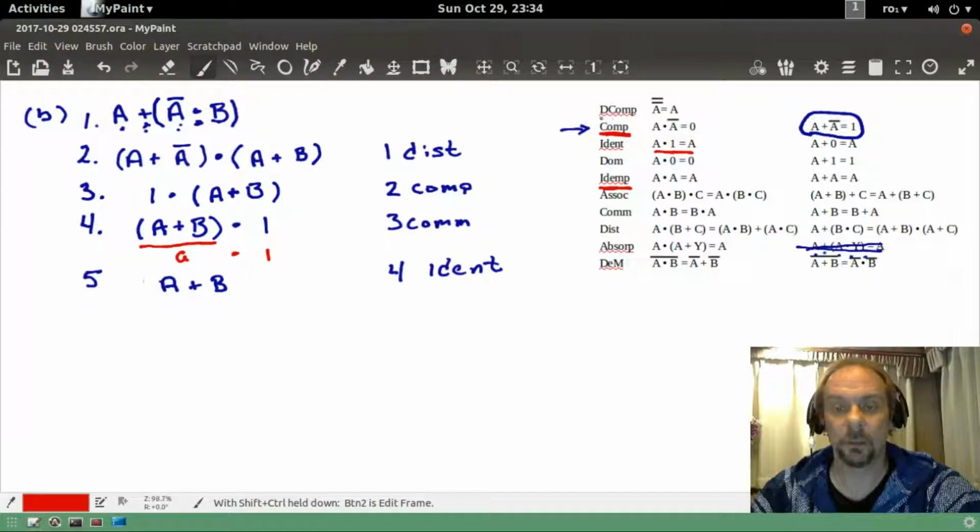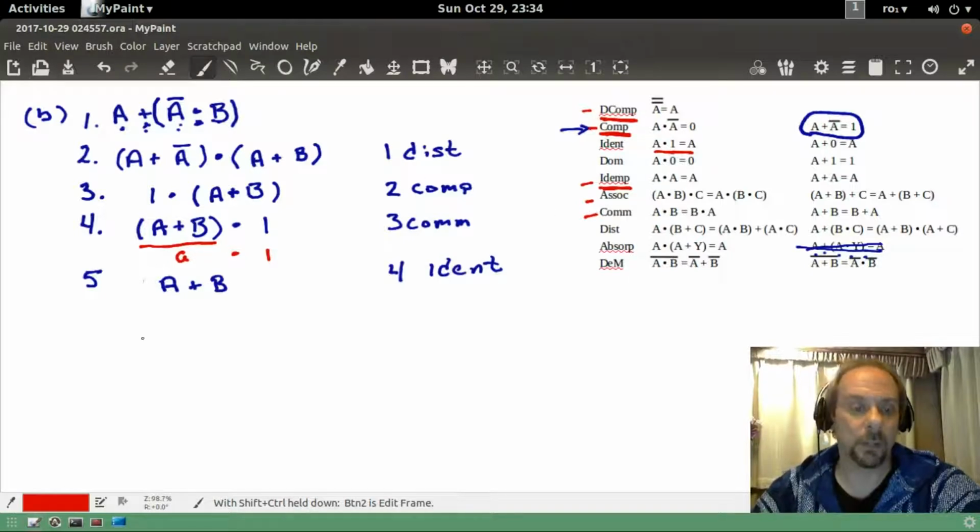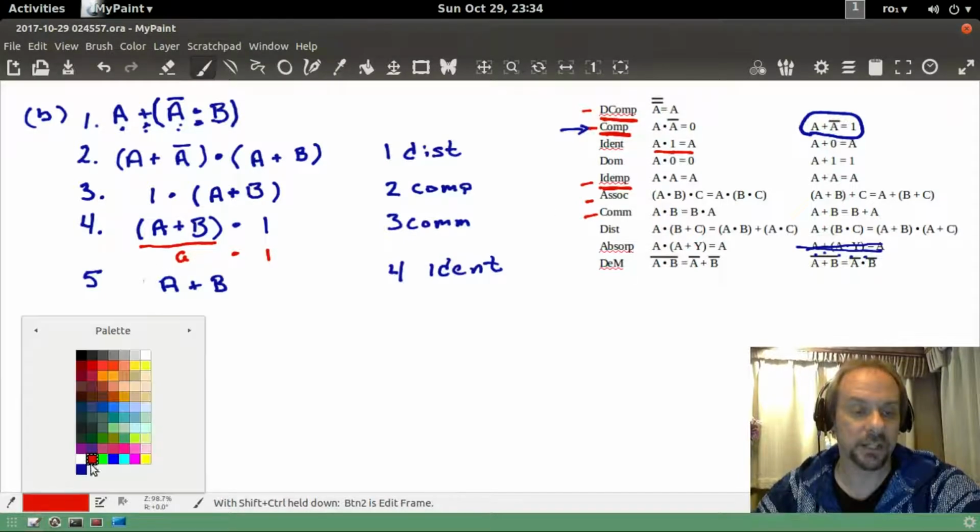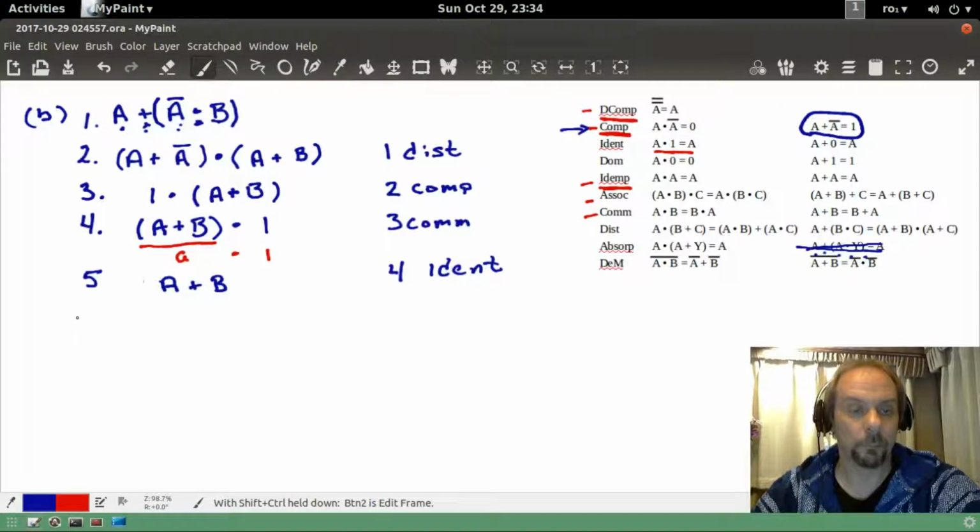Decomp, the double complement, can be doubled up on. So this one, this one, this one, commutation and association can be doubled up on. So about 50% of them you can double up on, the easy ones. And when you double up on it, what I mean is that you write it down